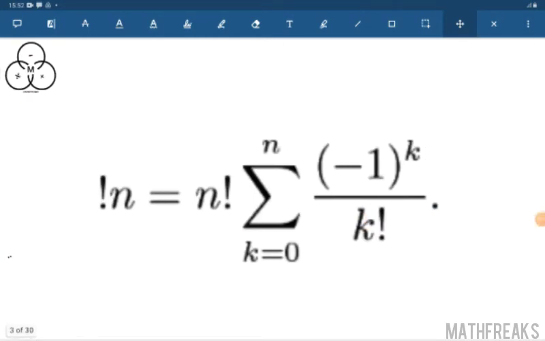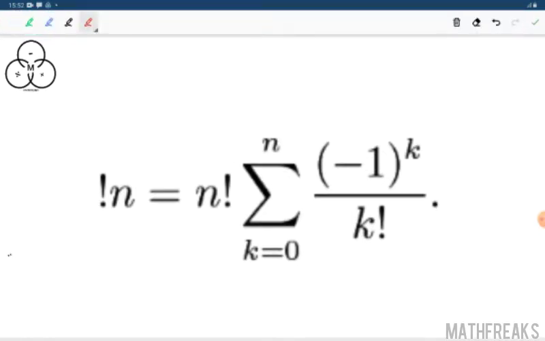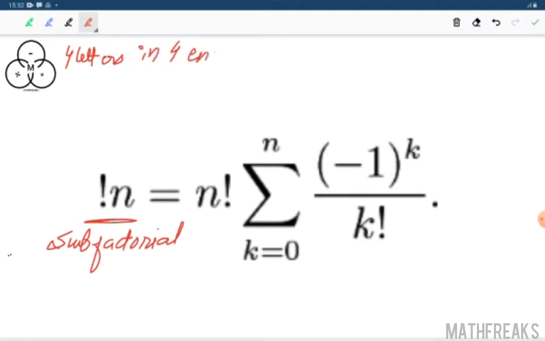Before that, the formula of derangement. This symbol is called subfactorial, and this is the formula for finding the derangement. Suppose we took the example of 4 letters in 4 envelopes. Derangement means none of the 4 letters will go to their original envelope. In such a case, how many possibilities are there? We will denote it by 4 subfactorial, whose value is